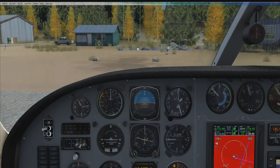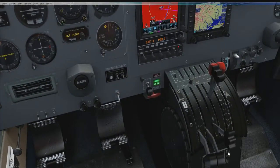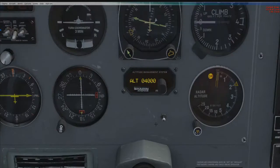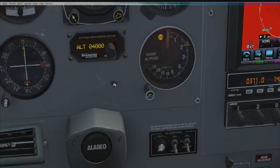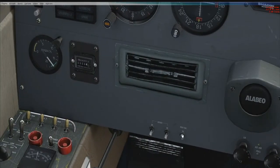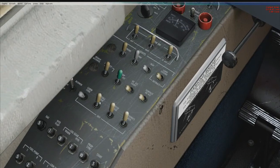Okay, so park brakes on. Oops, noisy. I'll just put both props to fully feathered. In the meantime, I'm now going to just go down here. I'm going to switch the transponder off. Pretend to tell tower we are shutting down now. And then what we'll do is we can take all the heats off,